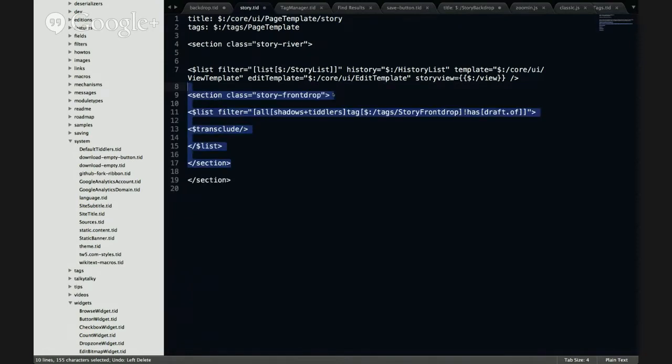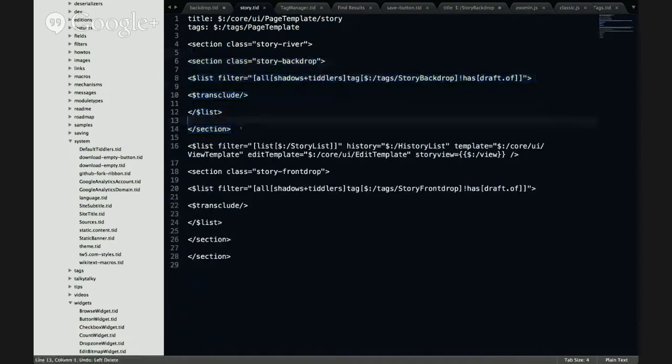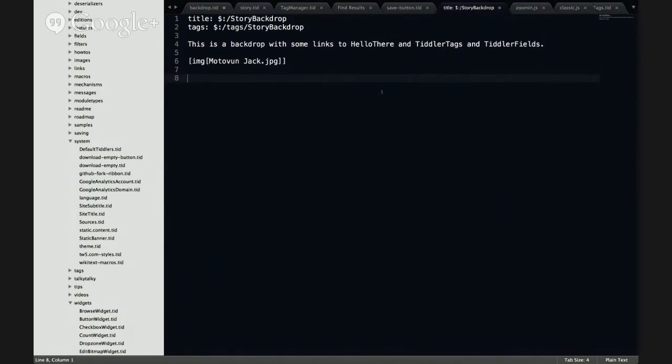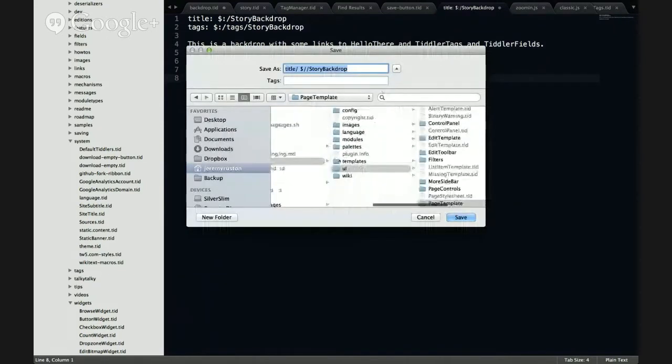What I've added is the same structure as we see endlessly, a filter to bring in, in this case, tiddlers tagged story backdrop, and to transclude them, and here story front drop. So what it lets you do is add chunks of text to the top or bottom of the story column. If I've got one lined up here, so if I save this in the